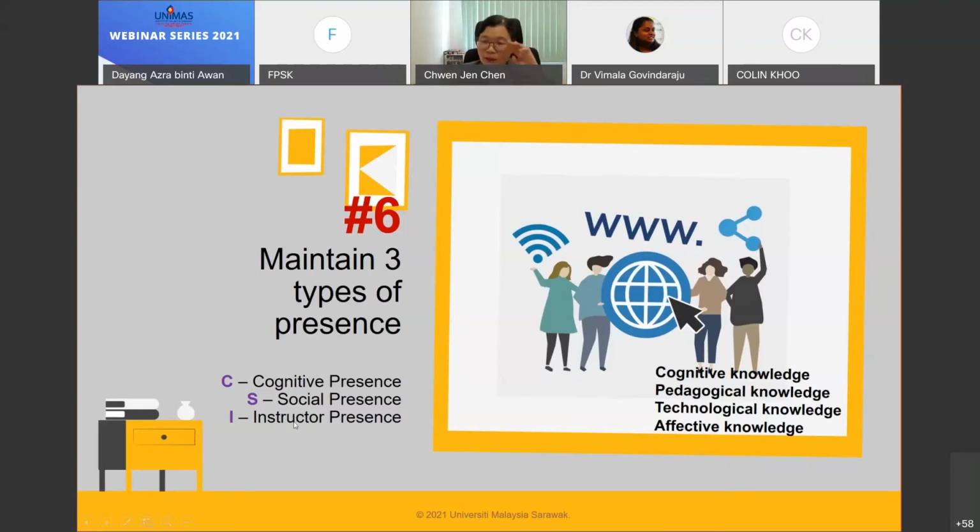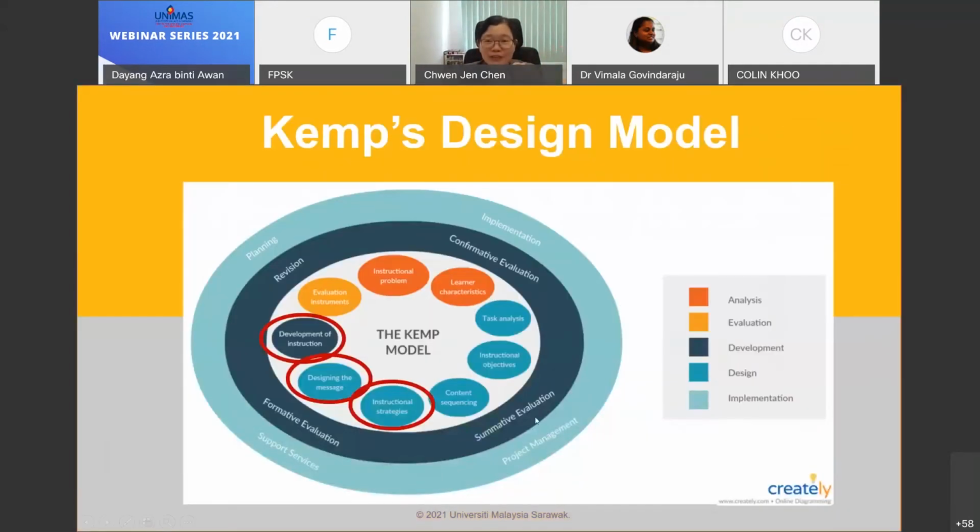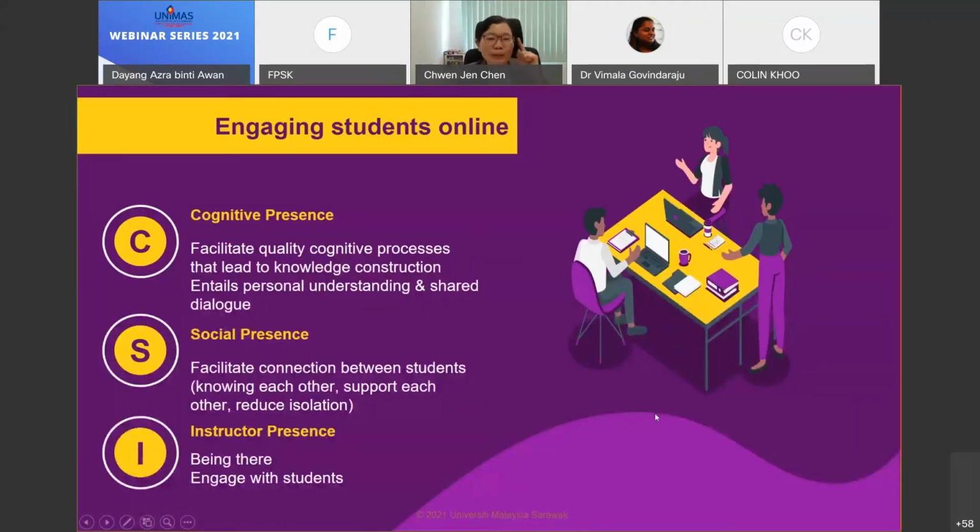All right. So I think the idea here is very related to cognitive knowledge, pedagogical knowledge, technological knowledge, and also affective knowledge. Now, if I refer to the CAMS design model, it is very much related to these 3 steps in the model itself, okay? So when we talk about cognitive presence,